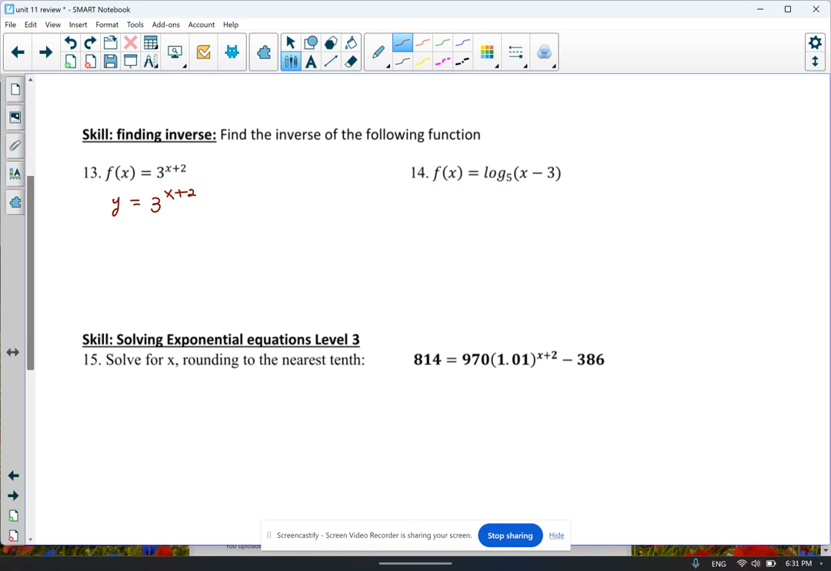And then, as we've done in the past, to take the inverse of a function, we switch the x and y variable. And now we have to solve for y. So when you have an exponential function, in order to solve for y, which is in the exponent, you have to convert it into logarithmic form. Remember, a base raised to the exponent